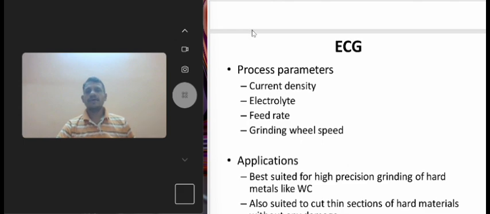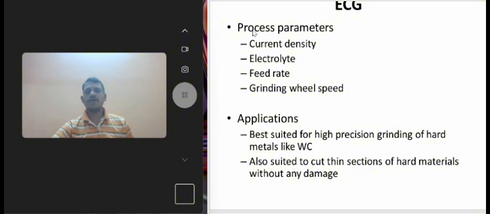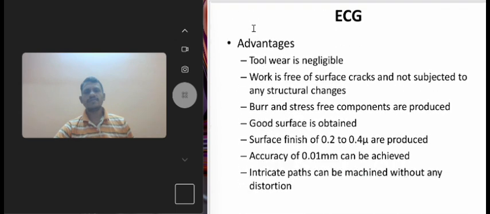Applications. It is best suited for very precision grinding of hard metals like tungsten carbide, tool tips, and high speed steel tools. Cutting thin sections of hard materials without any damage or disruption. Next, a very important one is